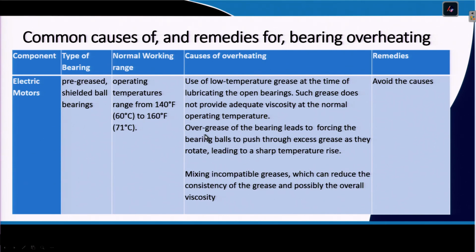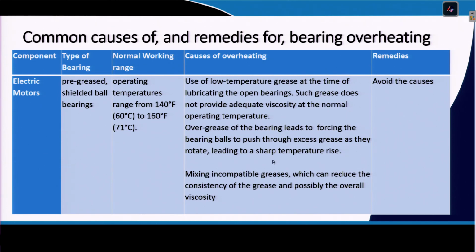Now, over greasing also sometimes leads to a problem. If you put in excess grease, that may change things. So, while doing lubrication practice, you must see that the prescribed norms are used. Do not give additional, extra lubricants, or a low quality lubricant. Under both conditions, it will affect adversely.